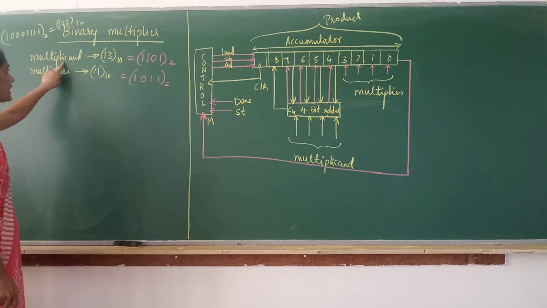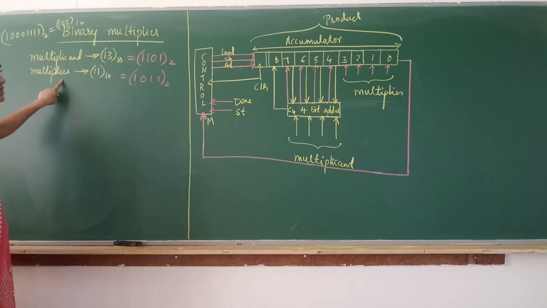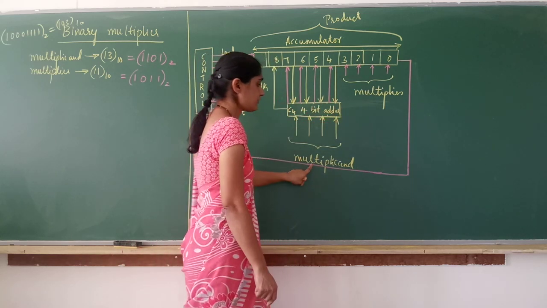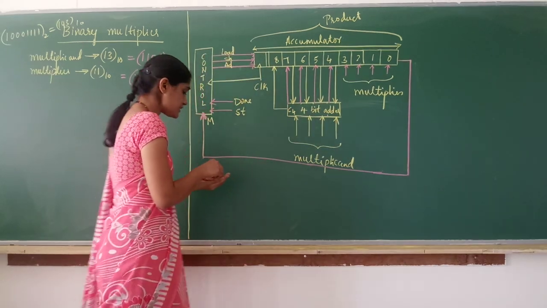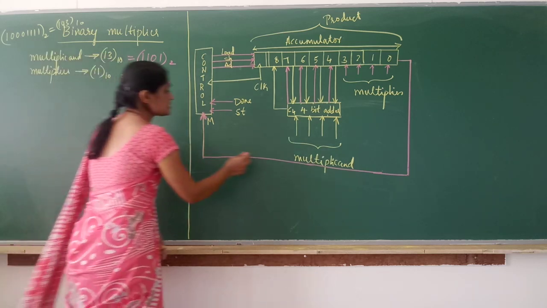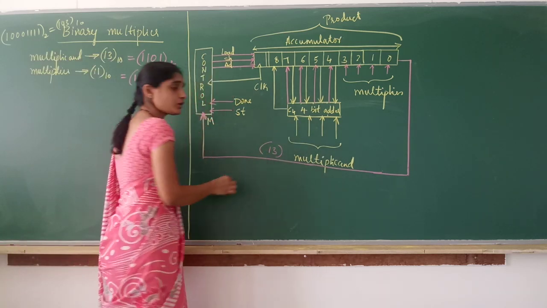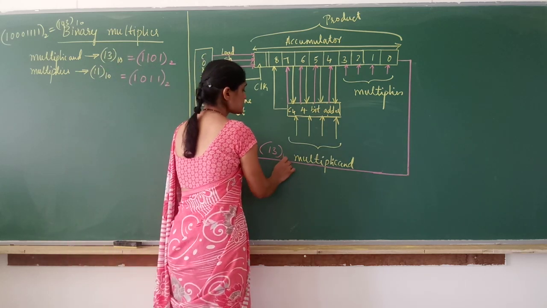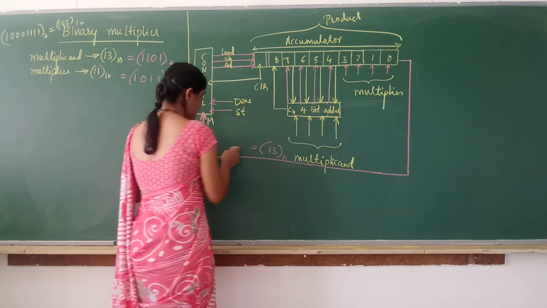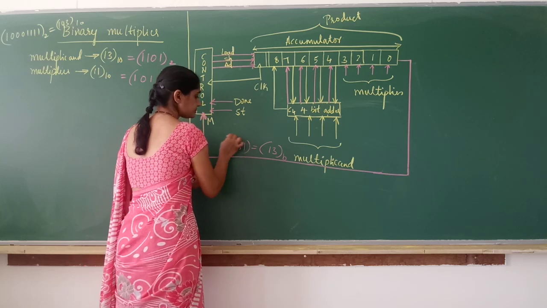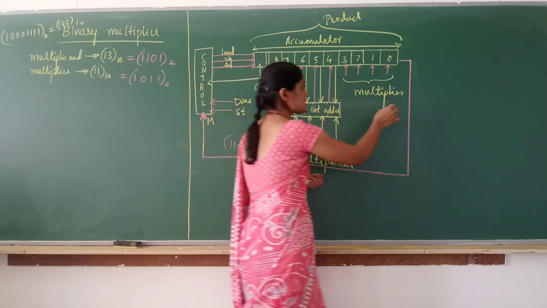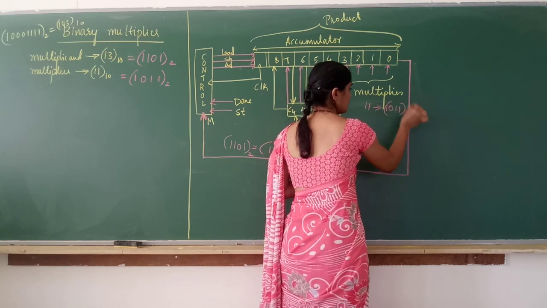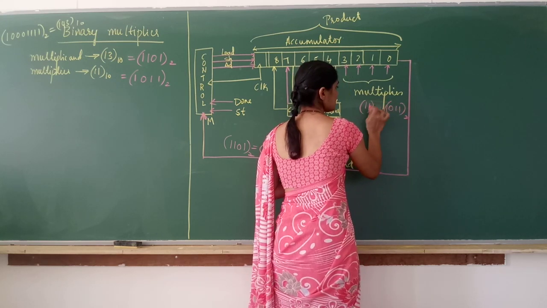So we have a multiplicand which is 4-bit. We have a multiplier which is 4-bit. We have the multiplier here, we have the multiplicand here. Multiplicand is what? 13. So this is 13, the multiplicand in our example. You can take any other example. So 13 is the multiplicand, that is the equivalent value of 1101 in binary. Right? The multiplier is 11, which is nothing but 1011 in binary. This is in decimal. Correct?